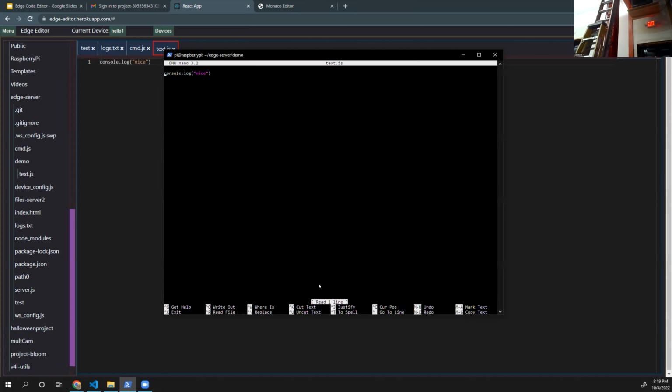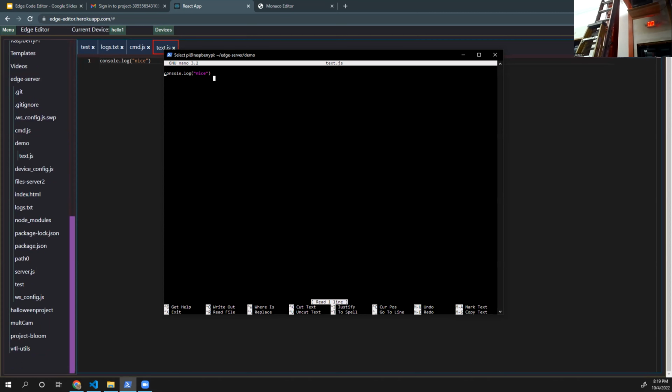So you can see that on my Raspberry Pi, all that content is already there. I can see it over here, which is great because now I can do whatever I want. Let's say I can leave this Raspberry Pi here at Sector and go home and access all the files on that Raspberry Pi and do whatever I want. Come back here and deal with whatever I wanted to deal with. Let's say run the script that I wrote or publish it to GitHub or anything that I want. And not only that, I can connect as many devices as I want.